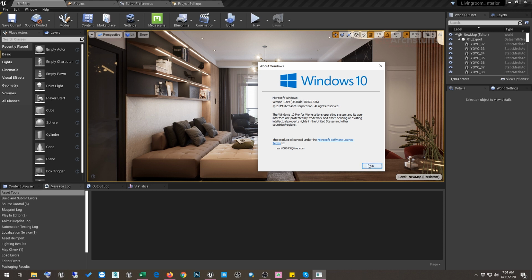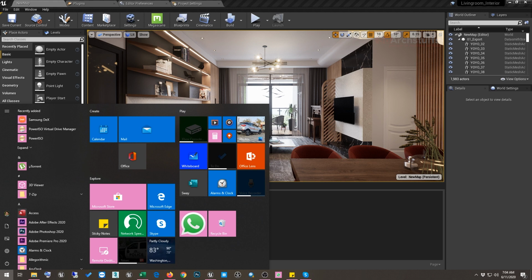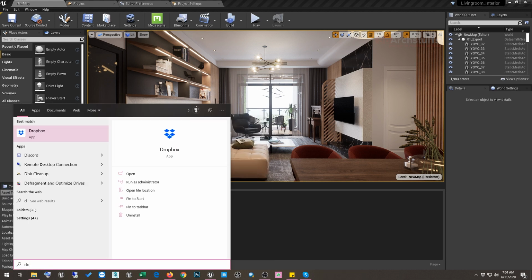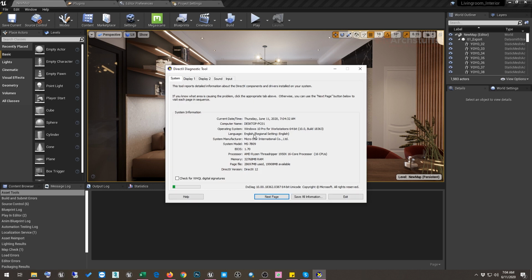So let's do that. I will again press the Windows button, and then I will type dxdiag, and then I will press enter. And now you have to come into this System tab, and in this System tab you have to look here at the DirectX version, and you can see that this DirectX version is 12.